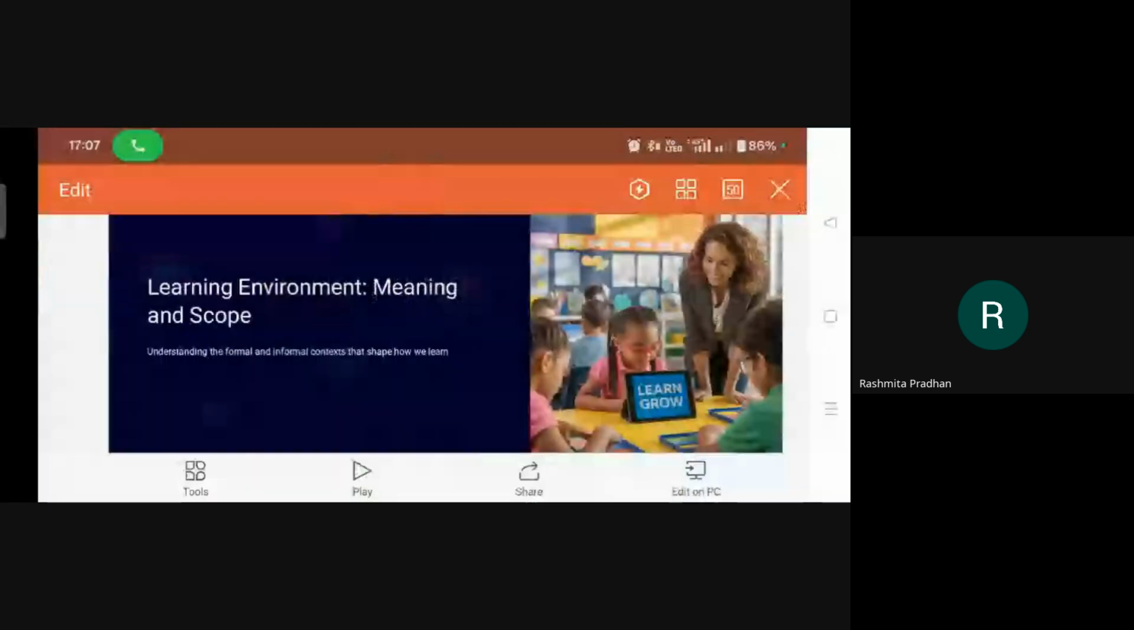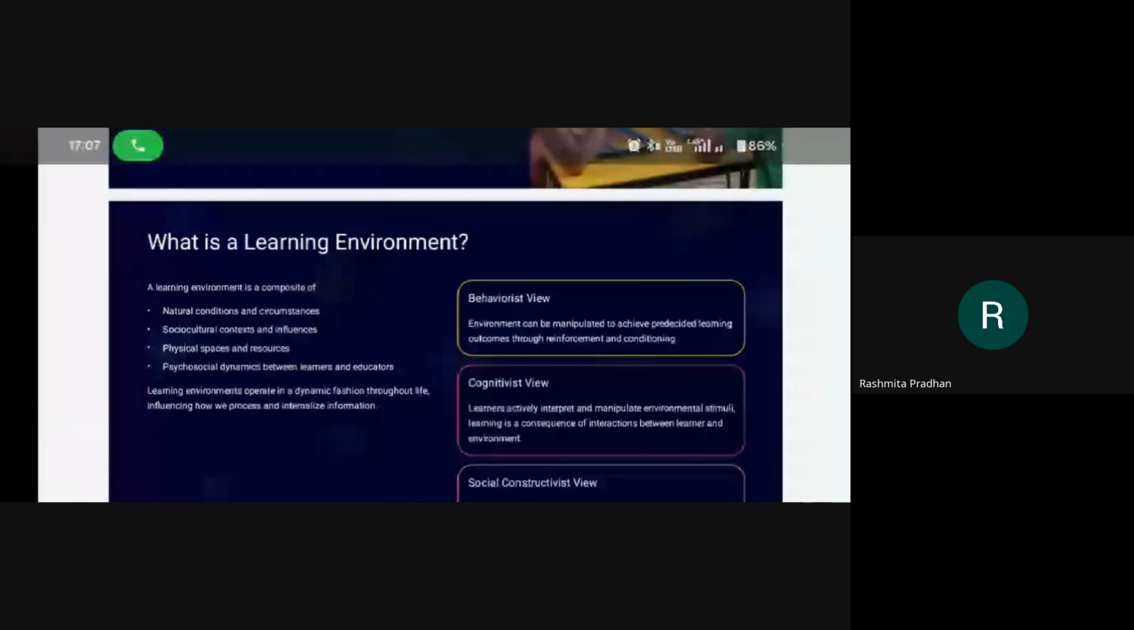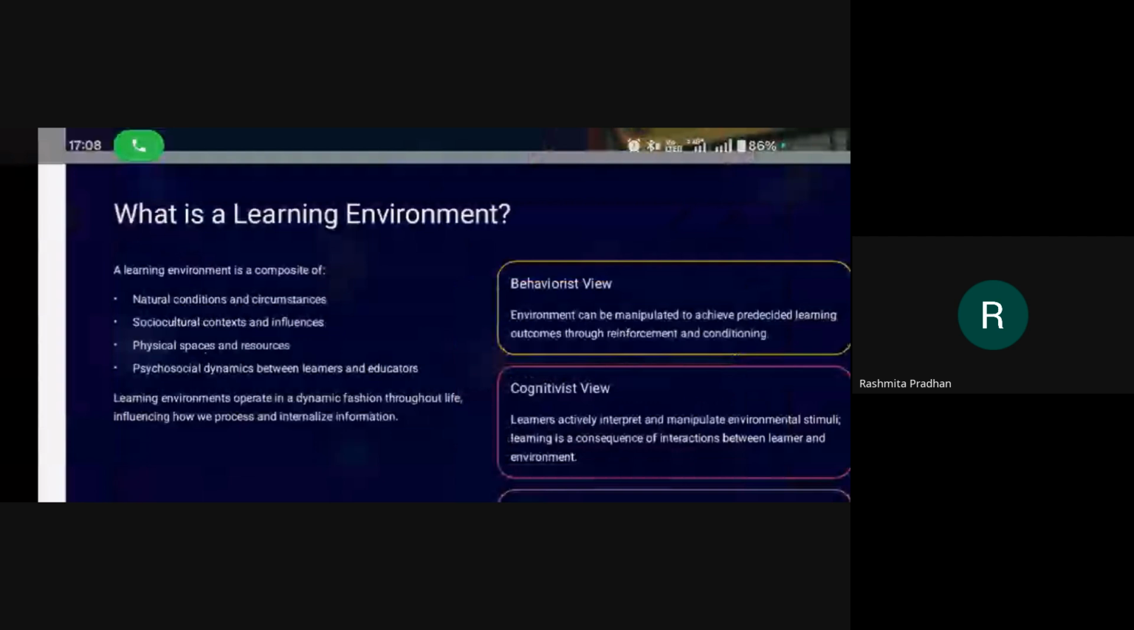This unit is about the meaning and scope of the learning environment. And now the question arises, what is actually a learning environment? Learning environment implies the situations or the conditions in which we learn, the circumstances and conditions which facilitate the learning process. We call it the learning environment. The learning environment is actually a composite of natural conditions and circumstances, and it also includes socio-cultural context and influences, and